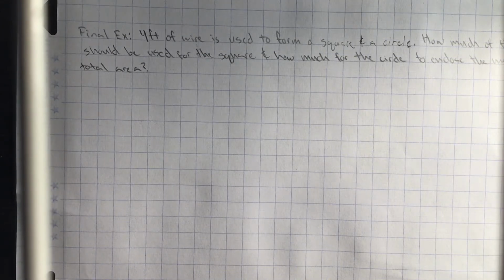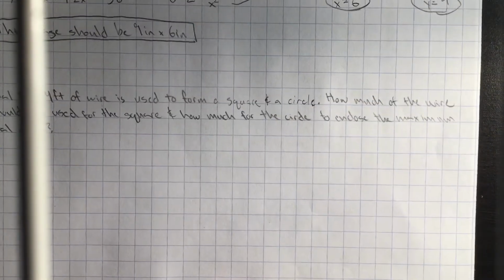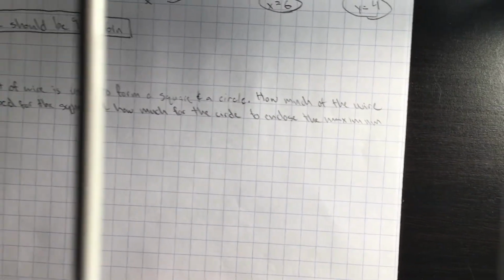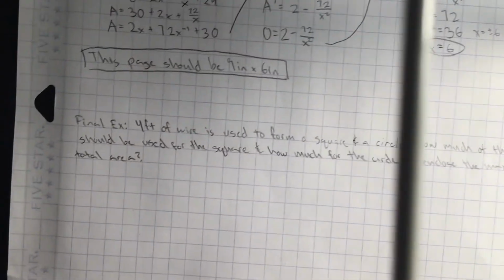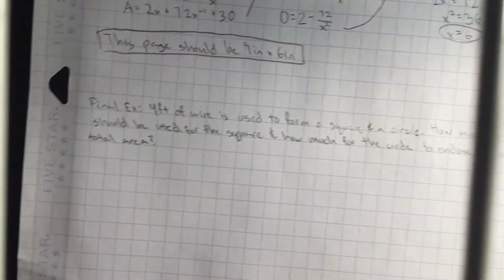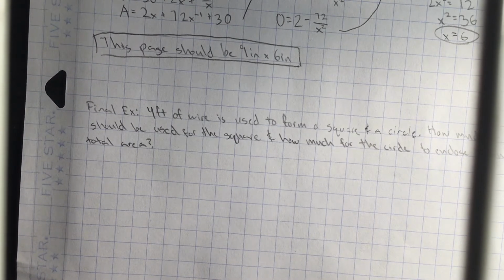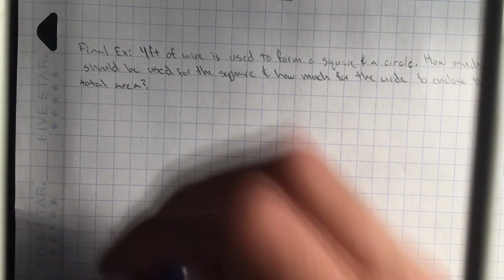So we have one final example. 4 feet of wire is being used to form a square and a circle. How much of the wire should be used for the square, and how much for the circle to enclose the maximum total area? So again, if you think you can solve this problem using the steps, you can go ahead and solve it and pause the video. But it will take a little bit of out of the box thinking, because there's 2 parts to it. But moving on to the solution, we have our square,